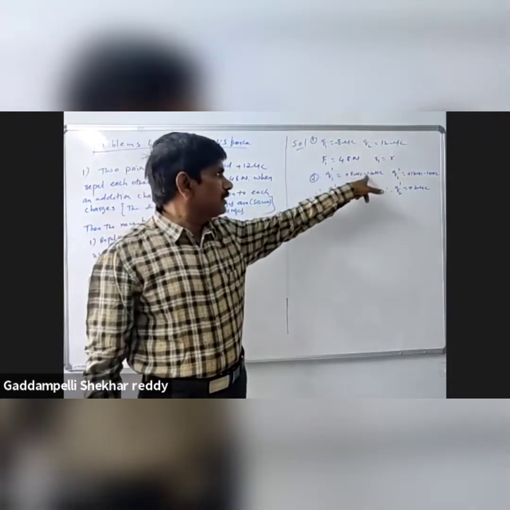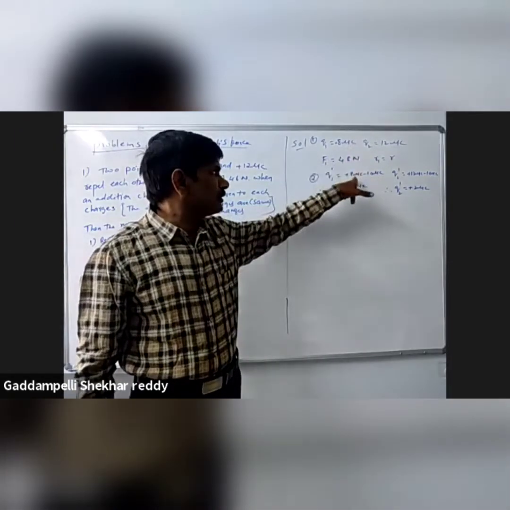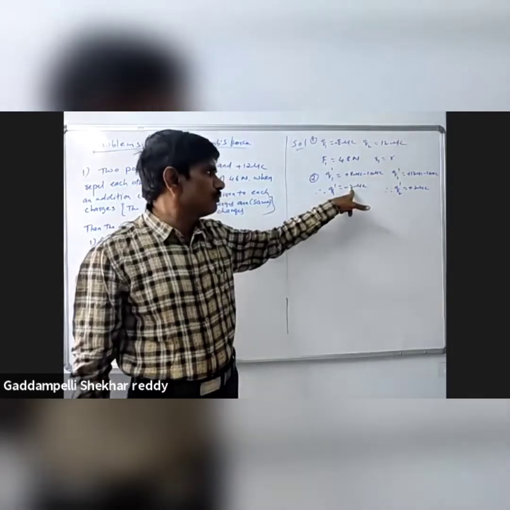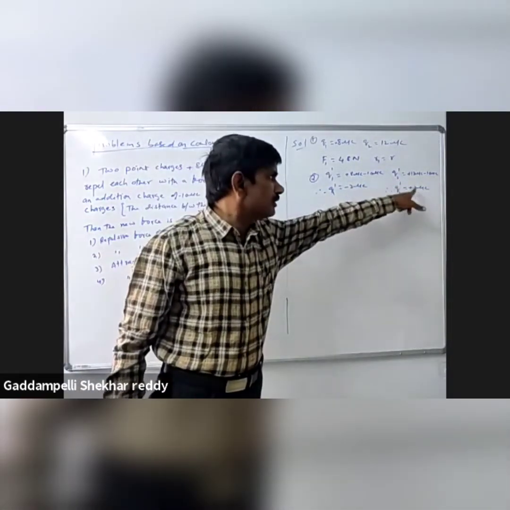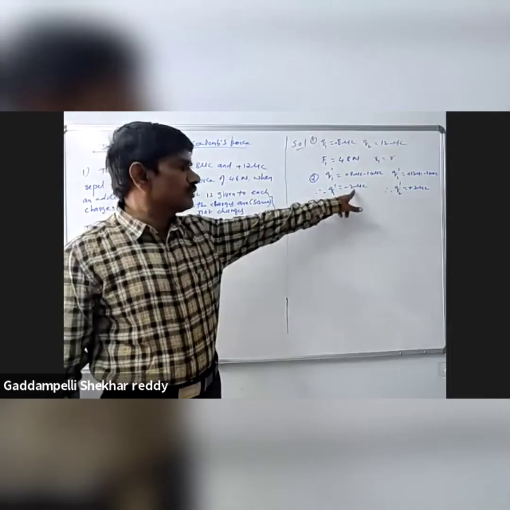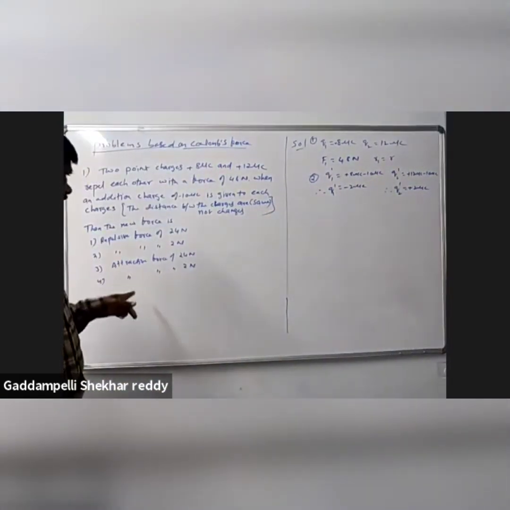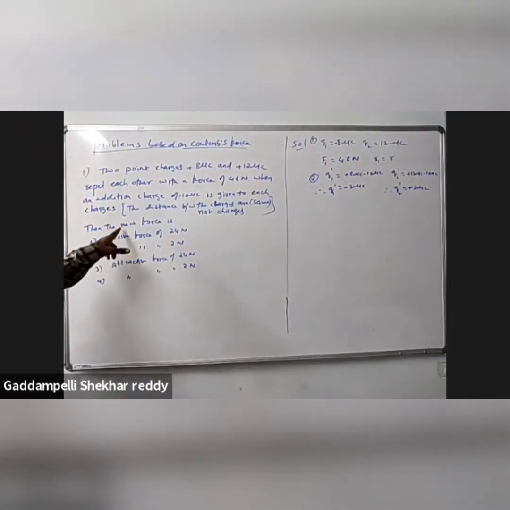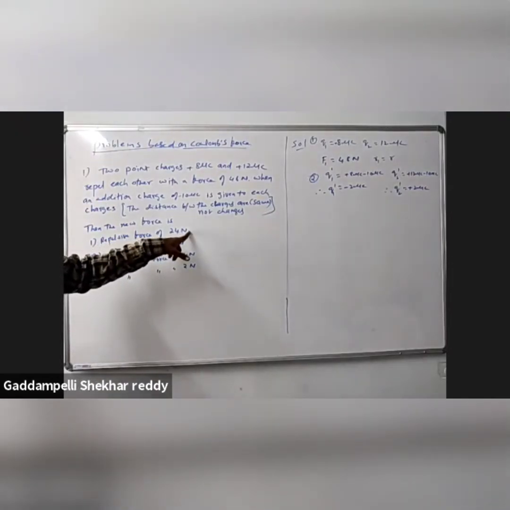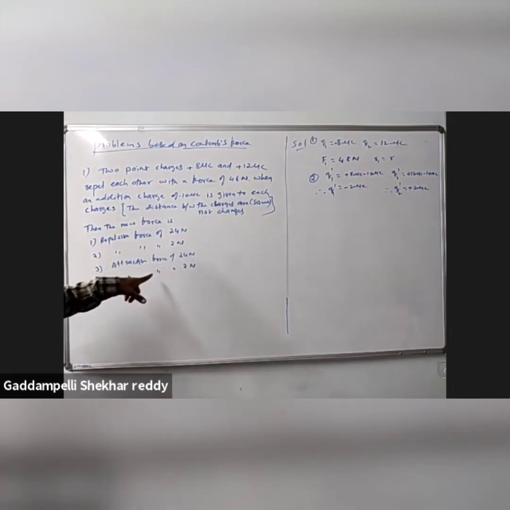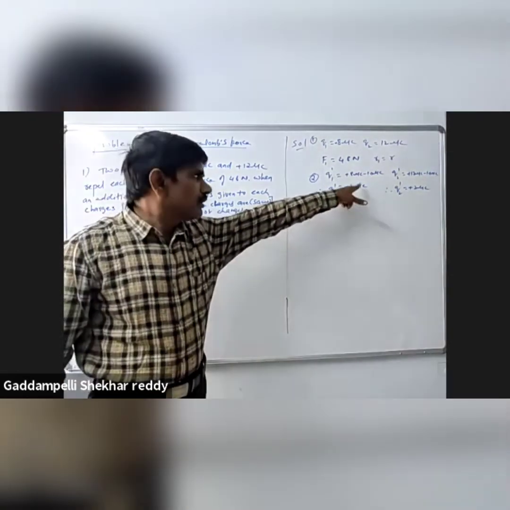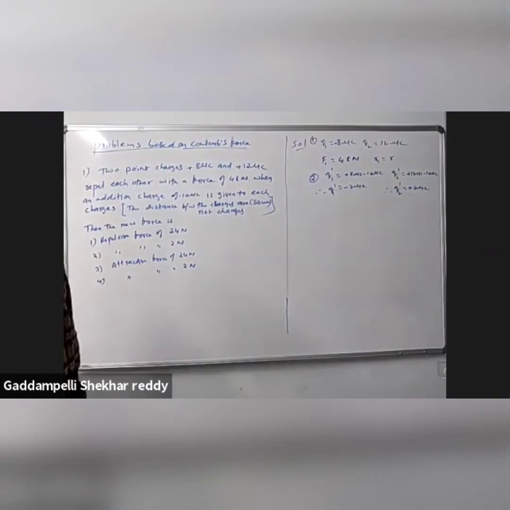In the second case, minus 10 microcoulomb is added to each charge. Plus 8 minus 10, remaining minus 2 microcoulomb. Next, plus 12 minus 10, plus 2 microcoulomb. Here we get unlike charges, and unlike charges mean automatically the force is attractive. So immediately the repulsive options, the first and second options, are not applicable. What is the reason? We get unlike charges, so the force may be this one or this one.